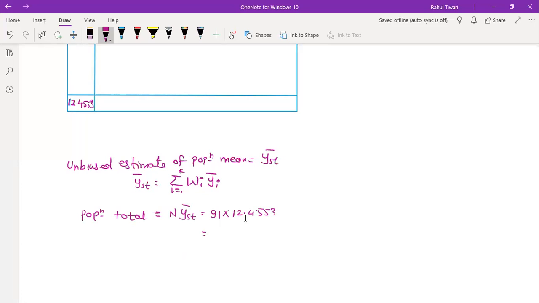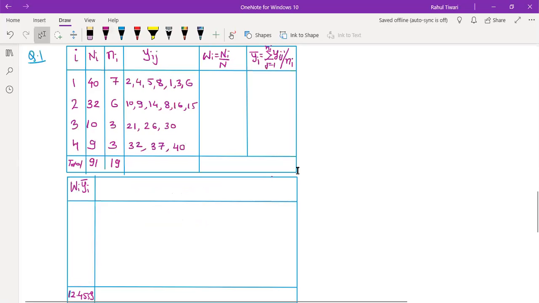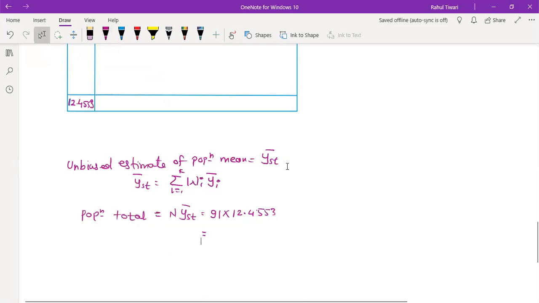So if you just do the calculation, it is 91 into 12.4553. It is around 1133.377. Now according to your data this will vary. But if I take this 4553,